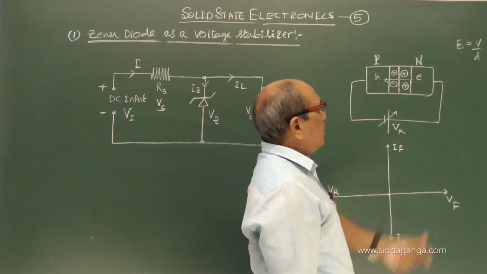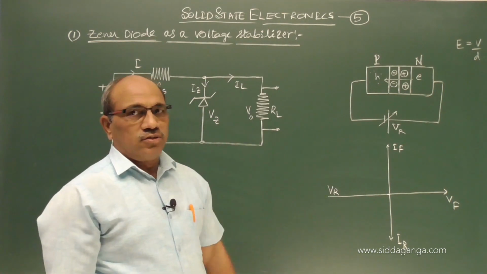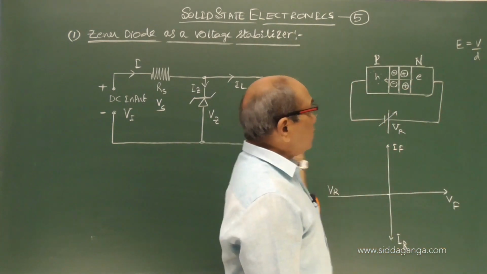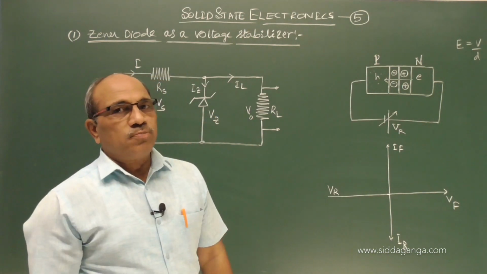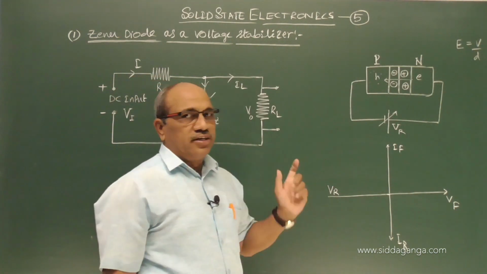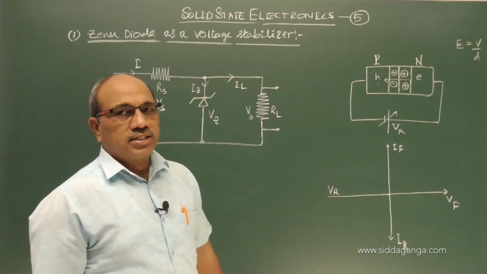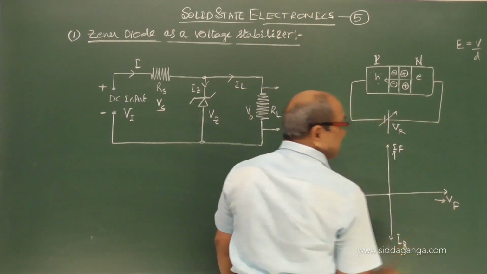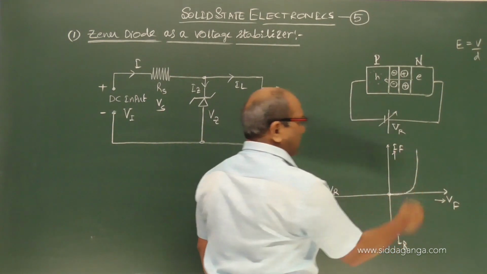Now the depletion layer, as you already know, contains only the fixed ions, no mobile free carriers, either holes or electrons. This Zener diode is purely designed to work under reverse bias at breakdown voltage, and that breakdown is specially called a Zener breakdown. In the forward bias characteristic, if you observe, there is no change. It acts like a normal diode, because if you take the forward current and forward voltage, in the forward bias